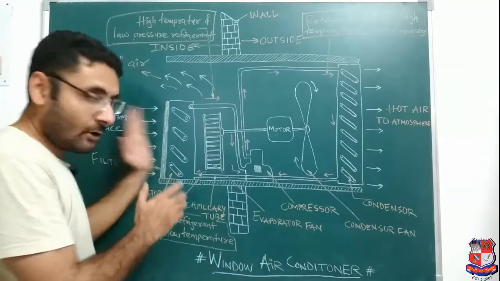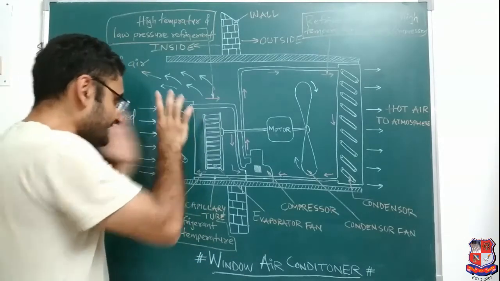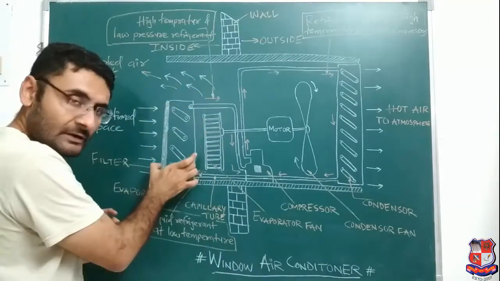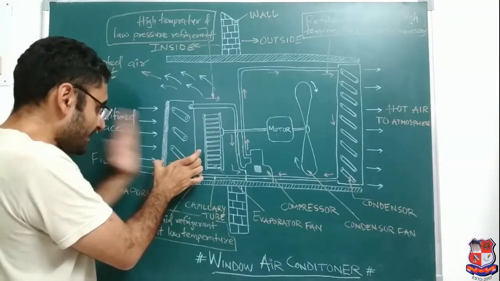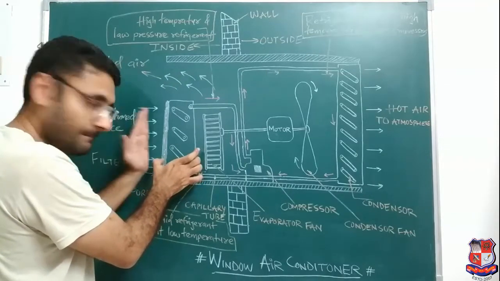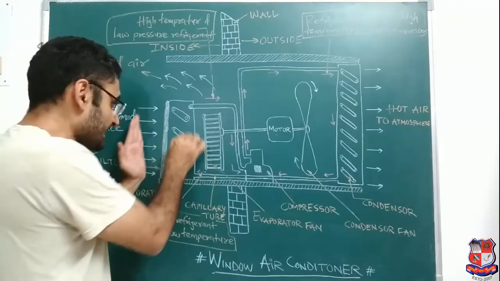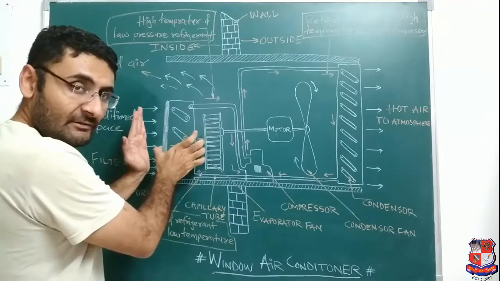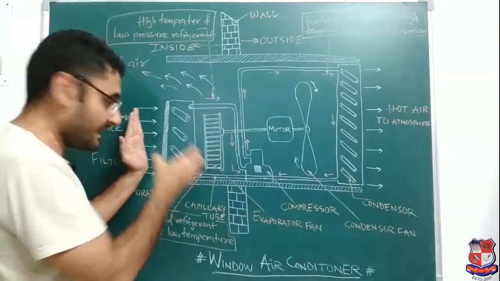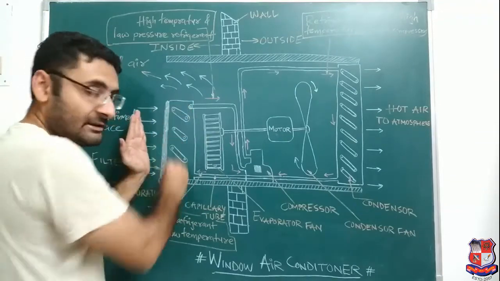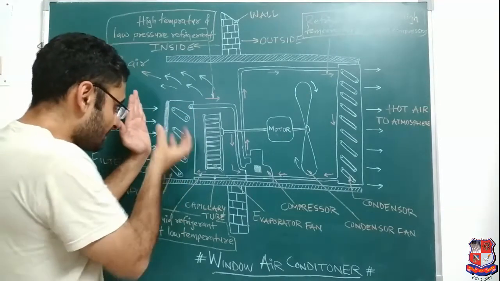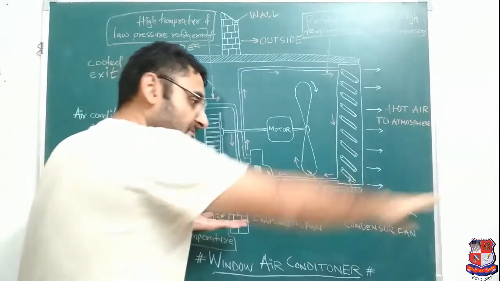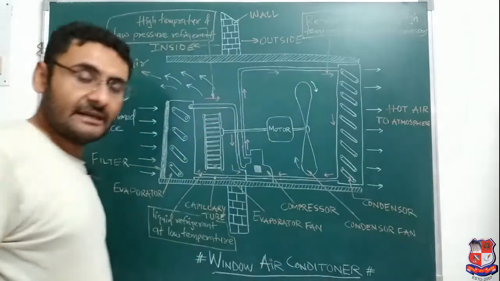After that, when that hot air comes in contact with the evaporator, inside of which low temperature refrigerant is present, that means this thing has a very low temperature. So what happens? In the hot air, water particles are present in the form of vapor. That water will stick at the outer surface of the evaporator. That means whatever moisture or humidity is in the air will stick on the outer periphery of the evaporator, and that water will be collected inside one tray. Below it one tray is there, and that water will be rejected at the back side of the AC.